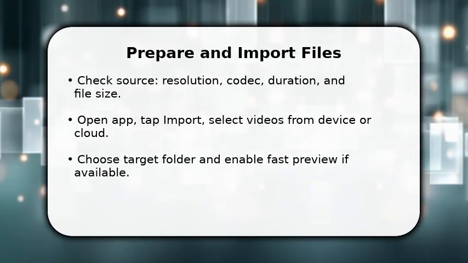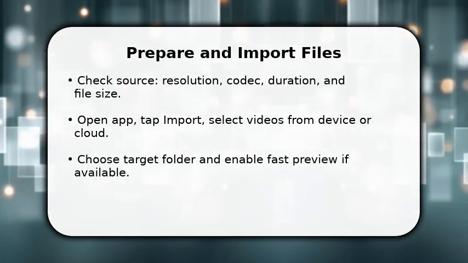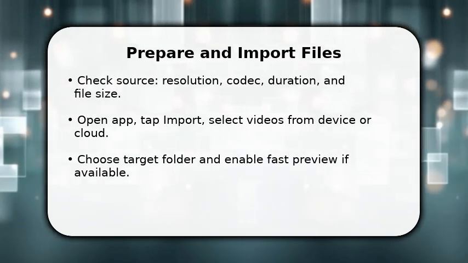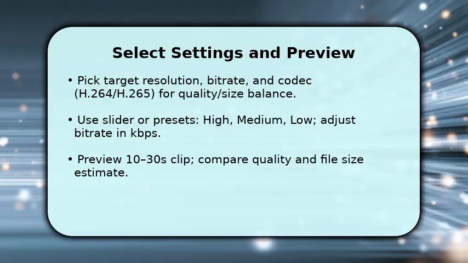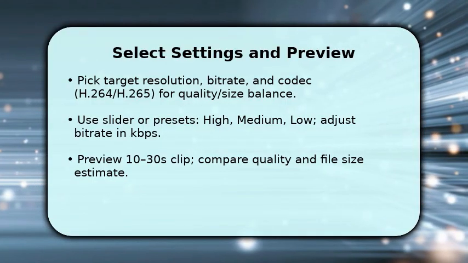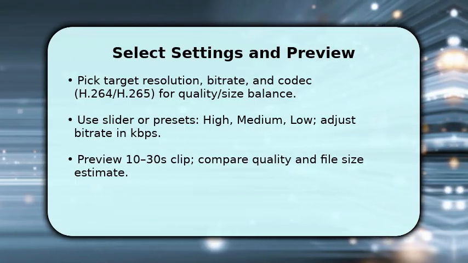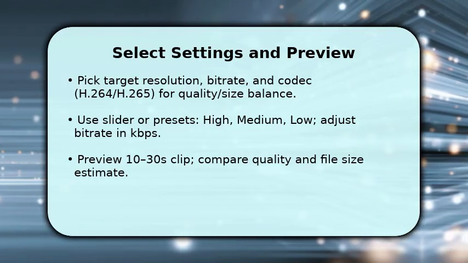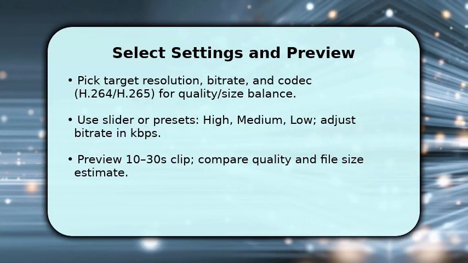This first step saves time and prevents needless recompression later, and it sets the stage for consistent quality across all files. Now choose the actual compression parameters. Pick a codec like H.264 or H.265 for better compression, then set target resolution and bitrate to balance quality versus file size. Use presets if you want speed, otherwise tweak bitrate in kbps or a percentage to reach